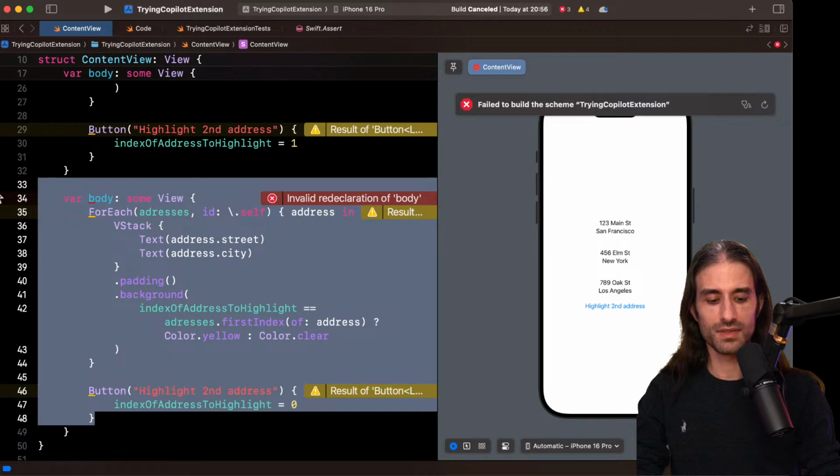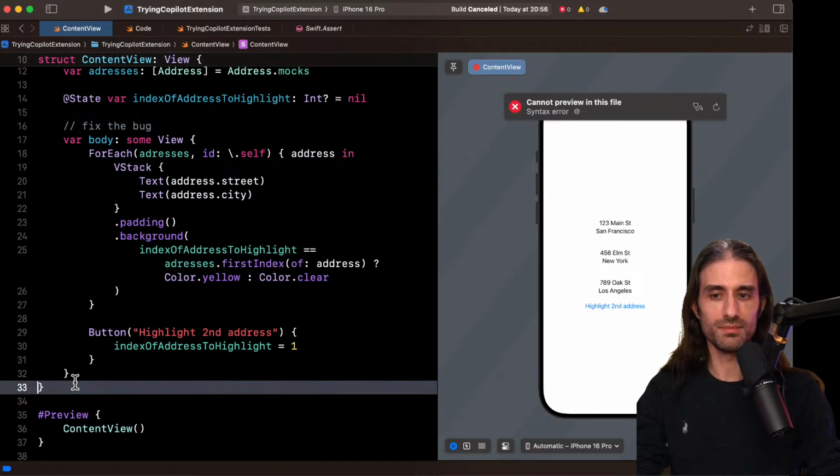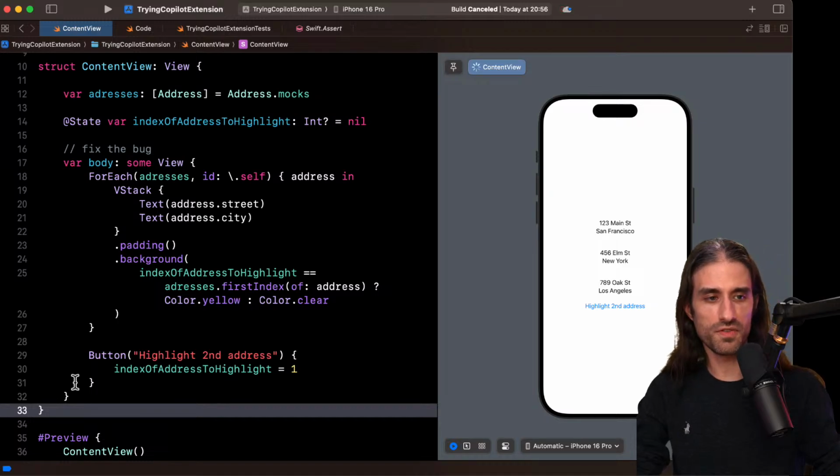So you can see that the UI isn't great. This works because it's a small file, but in a big file, if the view is big, then you would need to figure out what the diff is by yourself. But I'm sure they can build better features on top of that, something similar to what we saw when using Cursor, where it was suggesting a diff that you would accept or refuse. But it's nice to see that it was also able to fix the bug.